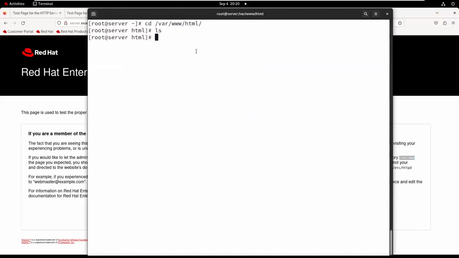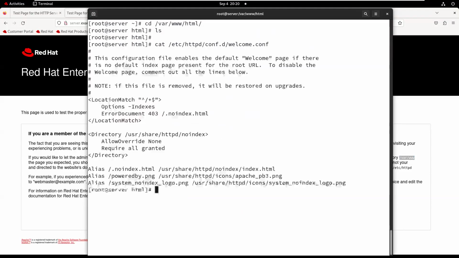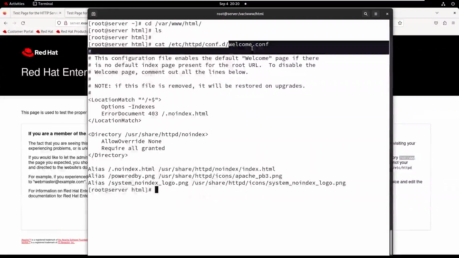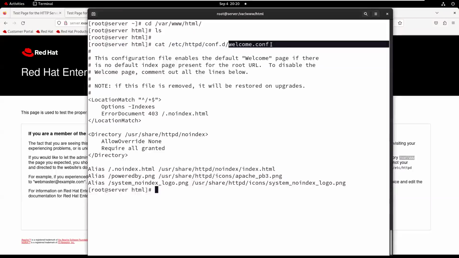But when this location is empty, then Apache loads the /etc/httpd/conf.d/welcome.conf file. I mean, by default, Apache loads the welcome.conf file if the document root location /var/www/html is empty.